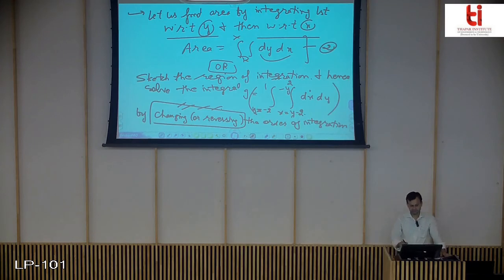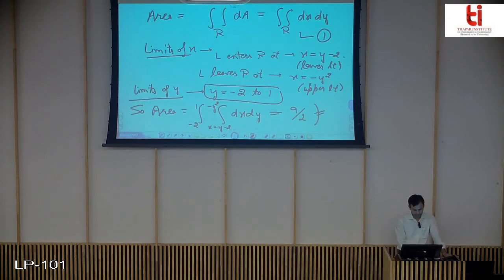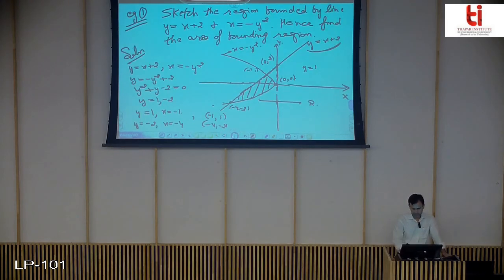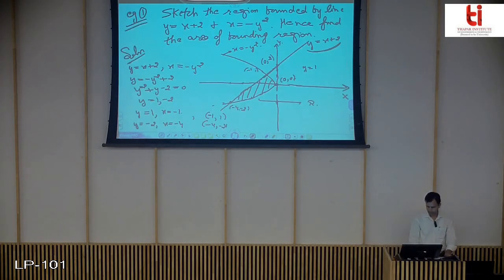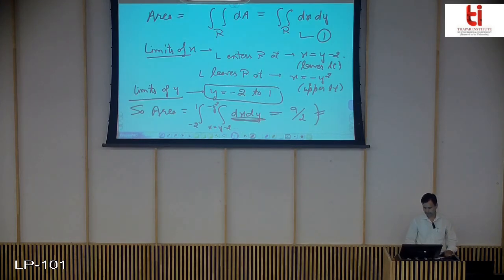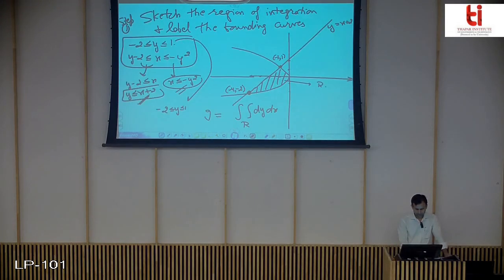In this question I consider first the limits of integration with respect to x, and then y. Now come to the point that we are going to discuss: then we reverse the order of integration. This was to show you how to draw the graph of the region of integration using the limits of integration. Now come to the actual point, that we need to find this integral, first integrating with respect to y, then with respect to x.